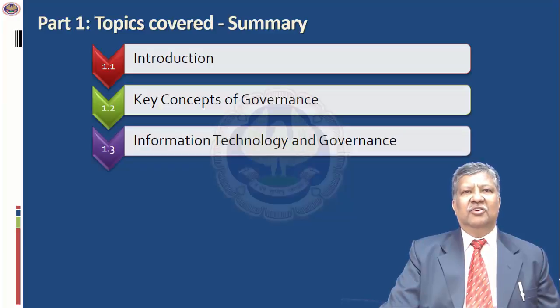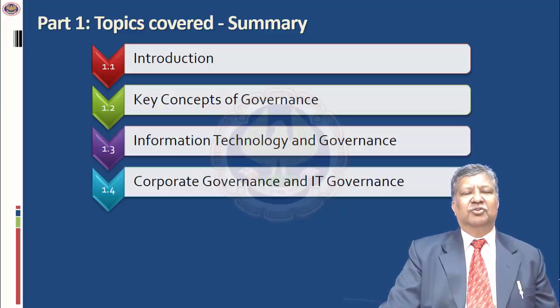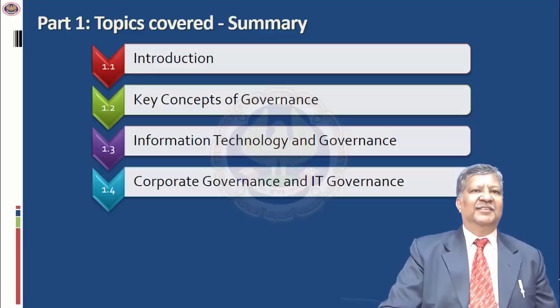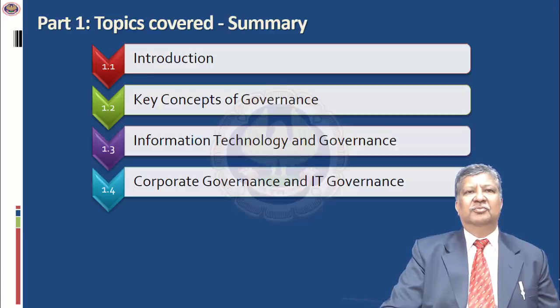We also talked about governance required in information technology, how information technology impacts enterprises and enables them to perform business processes, and how you need the senior management and the board of directors involved in directing how IT is channelized or deployed within the enterprise. That system is called information technology governance. We also talked about the regulatory requirements, because most corporate entities are subject to corporate governance, which means implementing governance is a regulatory requirement, not just optional for the management. And most corporates use information technology extensively for achieving business objectives.